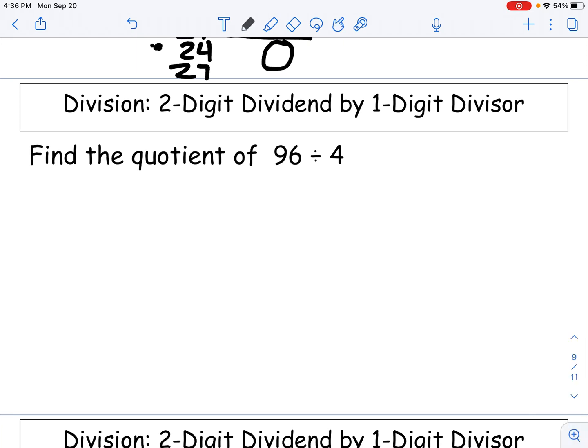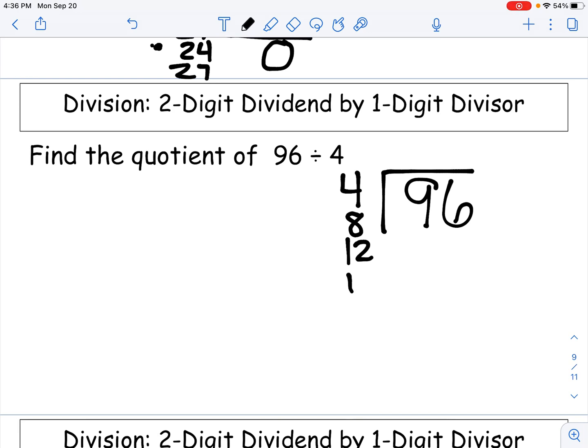All right, let's try another one. We're going to have 96 goes inside. 4 is what I'm dividing by, so I'm going to count by 4s. Squeeze in my 36. All right, so now I'm going to start with the first digit, which is the 9